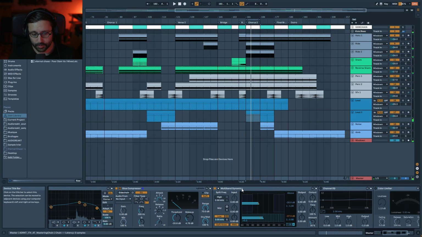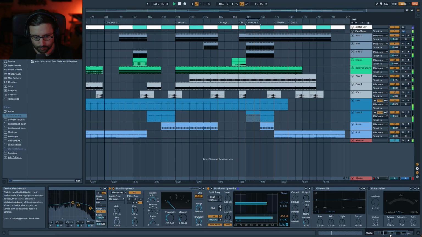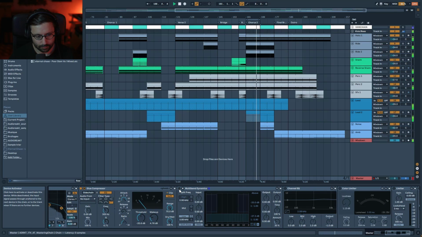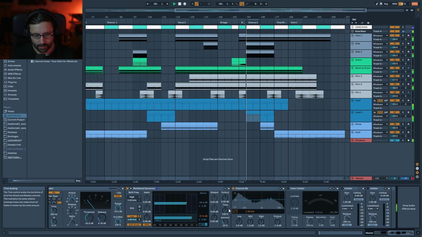Alright, then I reuse the same multiband preset that I use for the kick drum. I talked about it last week. It's just kind of making the low end a little bit tighter. Then you have channel EQ again to boost a little bit the mid-high. I felt like it was still